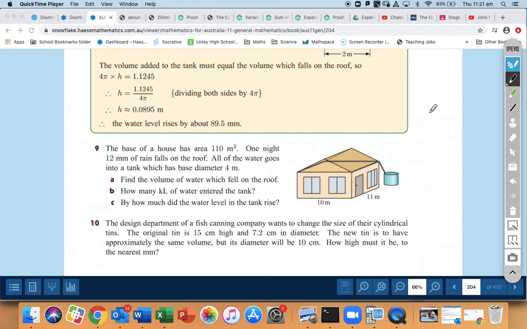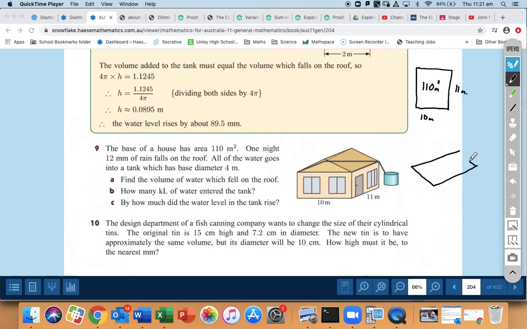What I want to think about is an aerial view of this house. The top of the house would look like a rectangle. They're telling you the dimensions here, 10 meters by 11 meters. And rain is falling on that area. That area is 110 meters squared. You can imagine, if I can maybe draw this slightly differently,